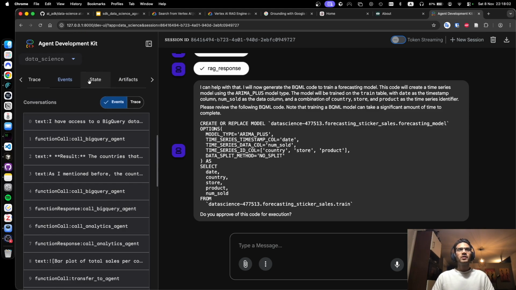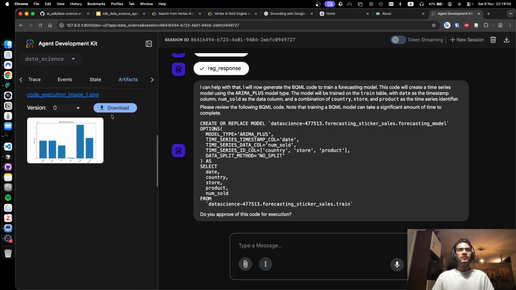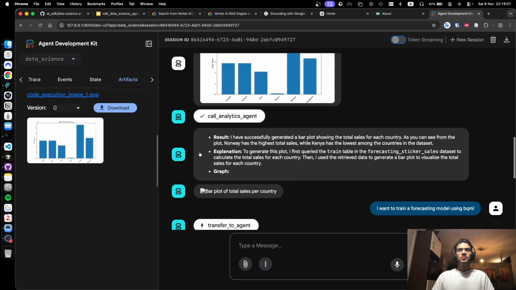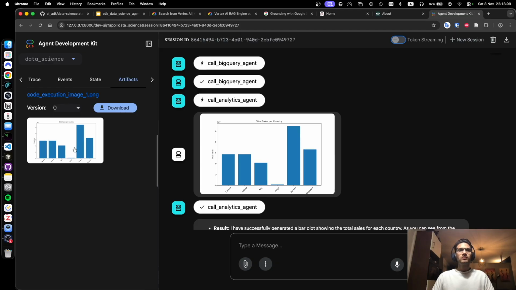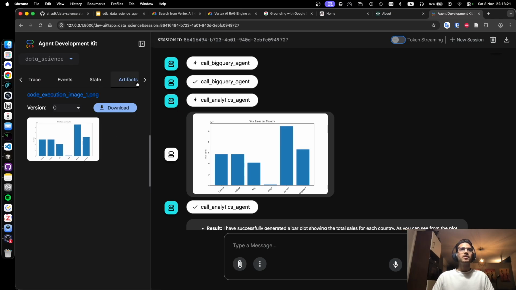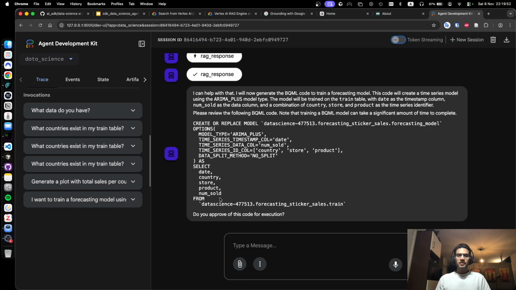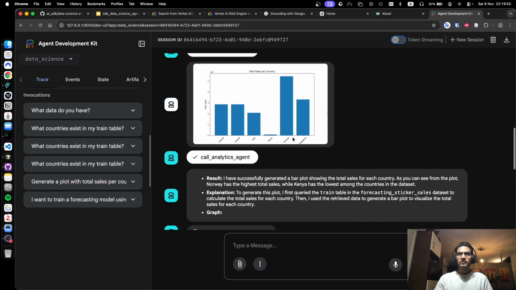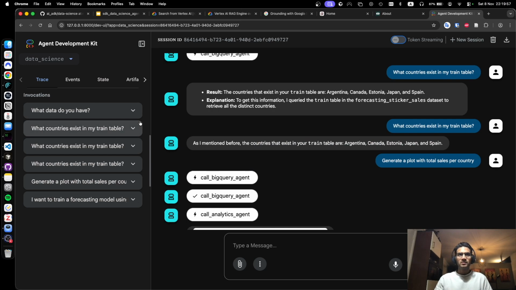If we go into other tabs, for example state or artifacts, you can see that the plot that we generated here is stored in the artifacts tab. So we don't have to manually download this one in particular, and everything is saved here in a clean manner. Okay, now that we have been through the conversation with the agent and the interface of the ADK web server,